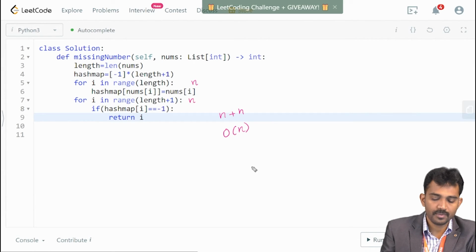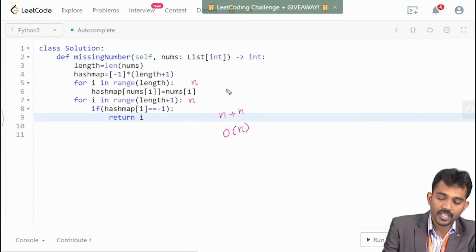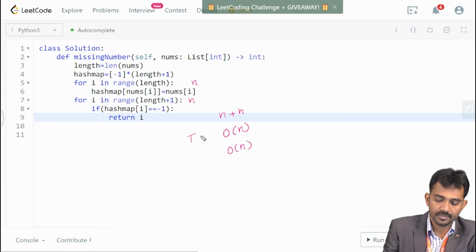And for that hash map, the space complexity is also n. Time complexity n and space complexity n.